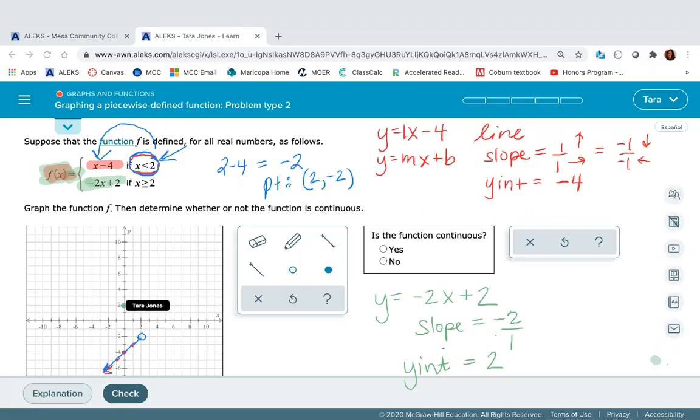And then my slope, which is negative 2 over positive 1, that would be down 2 and right 1. So from the y-intercept, down 2 and right 1. And if we continue to do that repetitively, down 2 and right 1, down 2 and right 1,